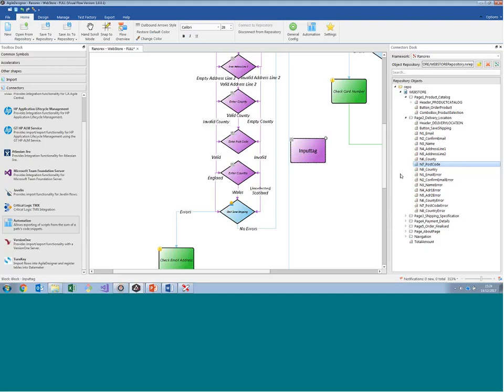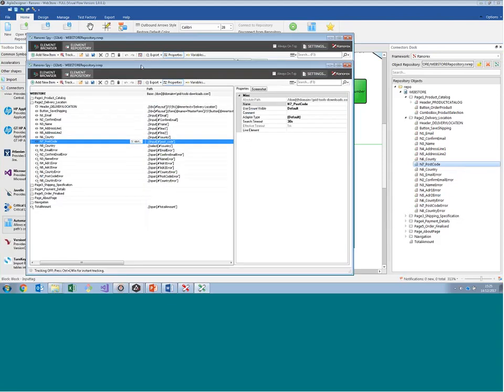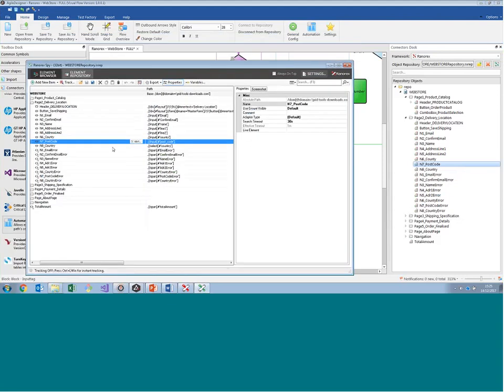So in the connector, I can also edit the properties of the objects from Agile Designer. So if I right-click an object using Ranorex, I can open it in the SPI, and it will open up the Ranorex SPI and find the object, and we can modify it. So we could edit the object itself, or we can rename it to something else. And if I save my changes,